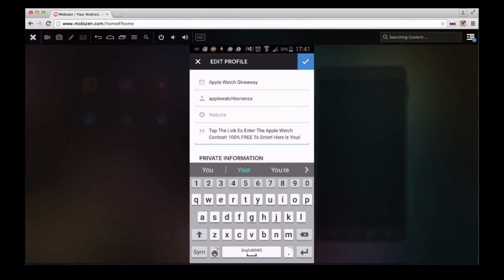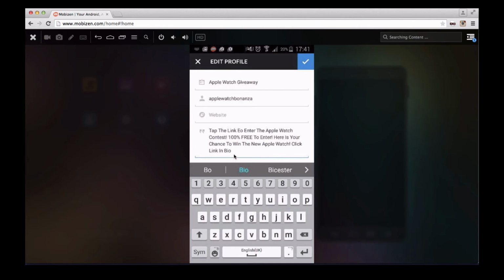Here is your chance to win the new Apple Watch. Click link in bio. Okay, so again here, as I said before, we want to put in some emojis because that